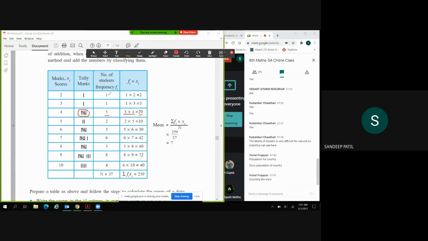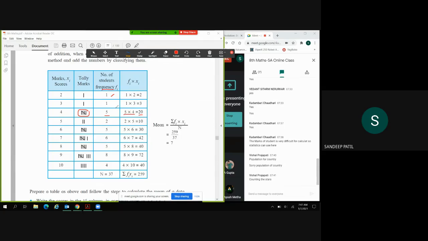फ्रीक्वेंसी मतलब वो कितनी बार आया है उस डेटा में। जैसे दो कितनी बार आया है, एक बार। सो फ्रीक्वेंसी का मतलब है कितनी बार आया है, उसका रिपीटेशन कितनी बार हुआ है। सो दो कितनी बार रिपीट हुआ है, एक बार। थ्री कितनी बार रिपीट हुआ है, एक बार। फोर कितनी बार रिपीट हुआ है, फाइव, 5 टाइम्स। सो मतलब 5 स्टूडेंट। फ्रीक्वेंसी माने क्या है यहाँ, हाउ मेनी टाइम्स दैट डेटा हैज बीन रिपीटेड।